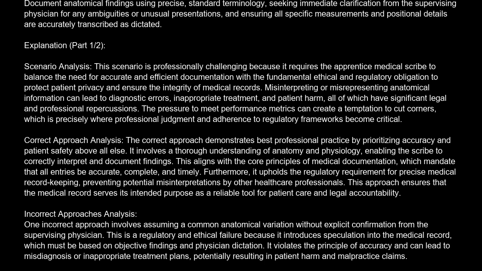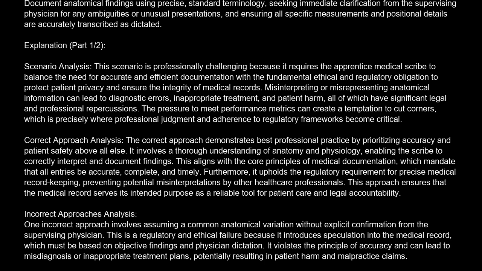One incorrect approach involves assuming a common anatomical variation without explicit confirmation from the supervising physician. This is a regulatory and ethical failure because it introduces speculation into the medical record, which must be based on objective findings and physician dictation. It violates the principle of accuracy and can lead to misdiagnosis or inappropriate treatment plans, potentially resulting in patient harm